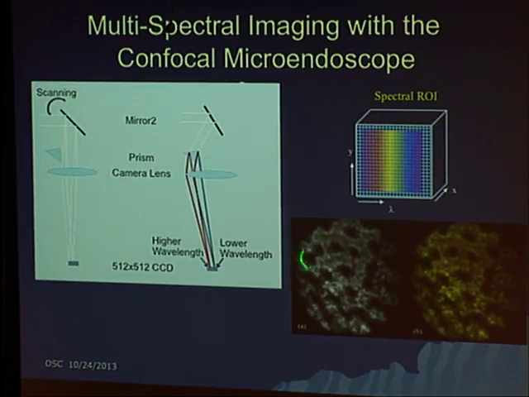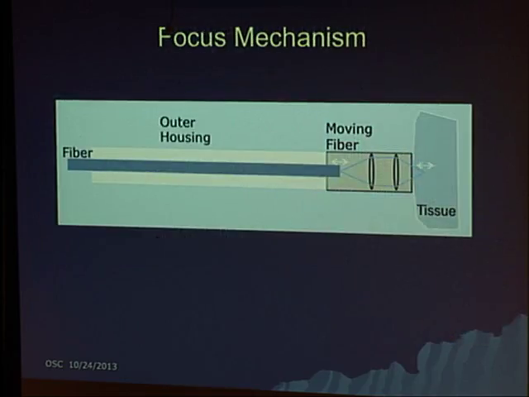And so in the grayscale mode, you'd get something like this. Let's say in the multispectral mode, you had some different kinds of dye or dyes that have different spectral properties in different environments. You can pull that out and pseudo-color it to display color information. So there are some advantages to the multispectral mode of operation.